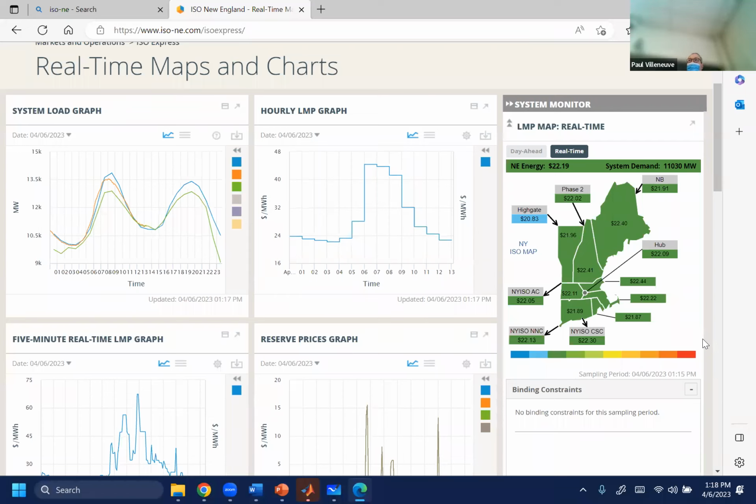I have seen it in Maine, $700 per megawatt hour, but that's usually not the case, because if you look at the demand, this demand is really low. Peak time in the summer will be 26,000, 27,000. We're less than half that. So right now, temperatures are nice. Nobody's got their lights on. This is when